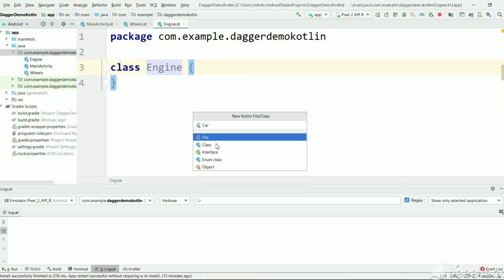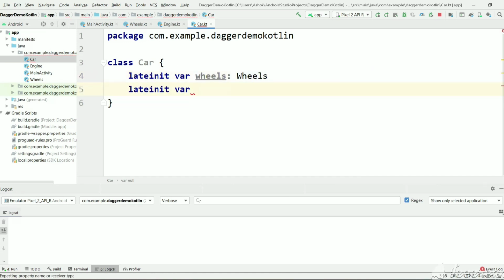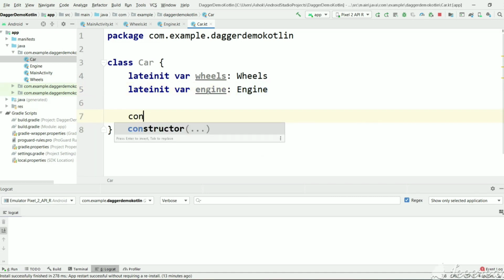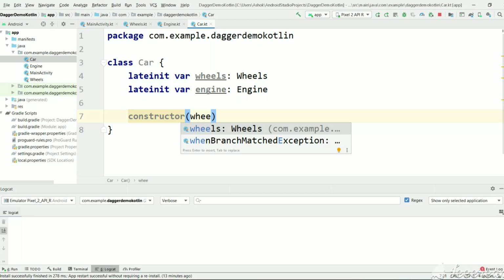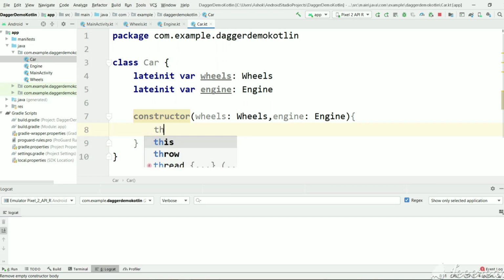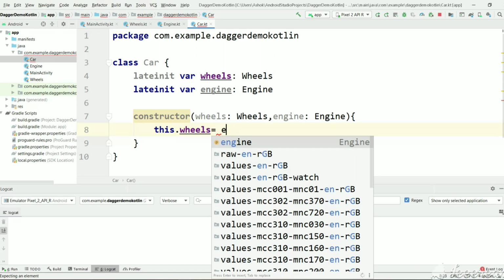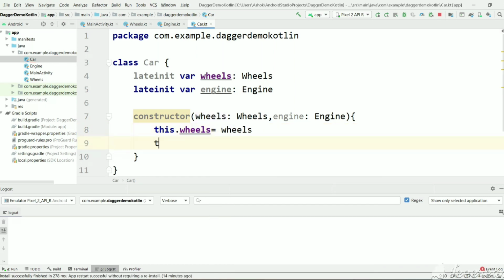Let's create a Car class, and this car is dependent on wheels and engine. In order to create a car, we need to pass wheels and engine. Let's take them in the constructor, and let's assign them to wheels and engine.